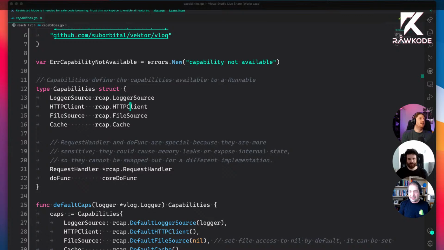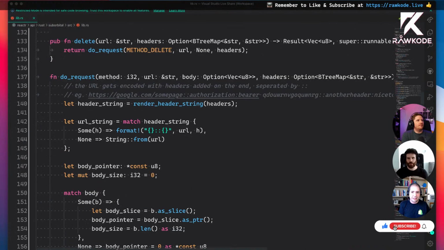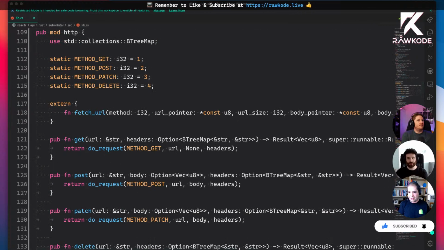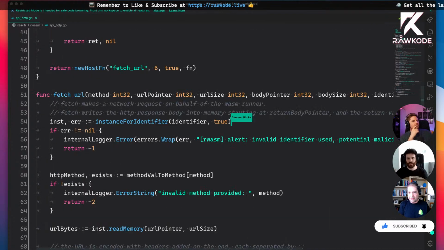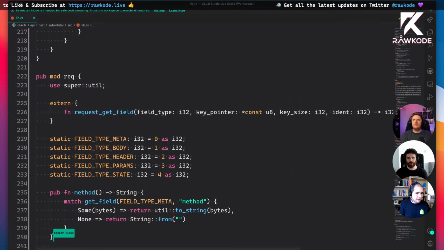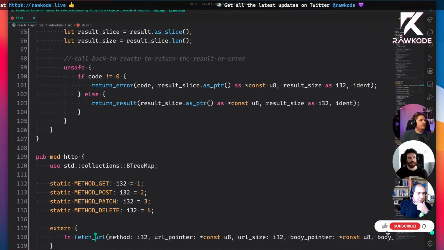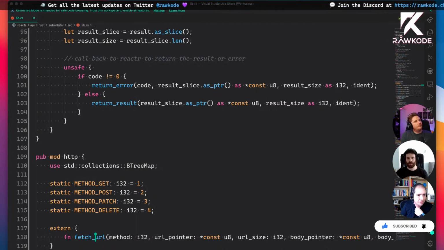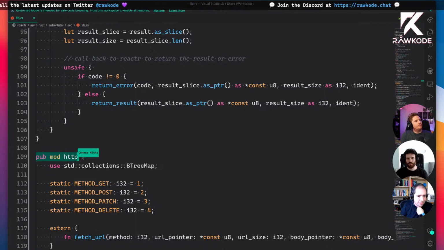Great. All right. And I guess we should take a quick look at the host code first before we move on. So I want to show the matching WebAssembly internal call. So we looked at the fetch URL call on the Go side, but if we switch over to the Rust side of things, this is going to be the code that gets actually compiled and put inside of the WebAssembly module. So in the suborbital Rust library, we define an HTTP module, and inside of that module,